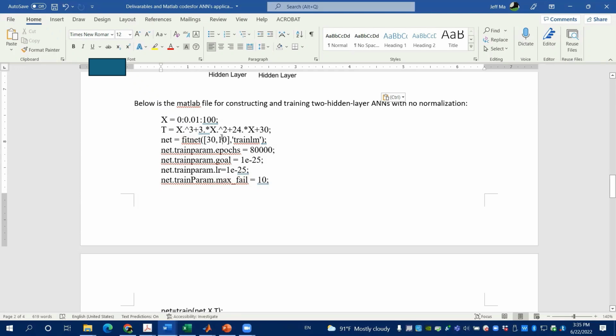I just gave you one example. For our task, I ask you to keep the 10 fixed and vary the 30 from 10 to 30 in increments of 5. You can vary this to get different artificial neural networks. This one gives an artificial neural network that has two hidden layers: the first hidden layer has 30 neurons, and the second hidden layer has 10 neurons. Then you just specify these